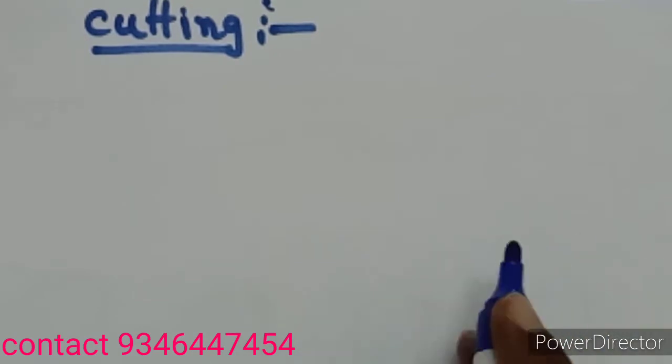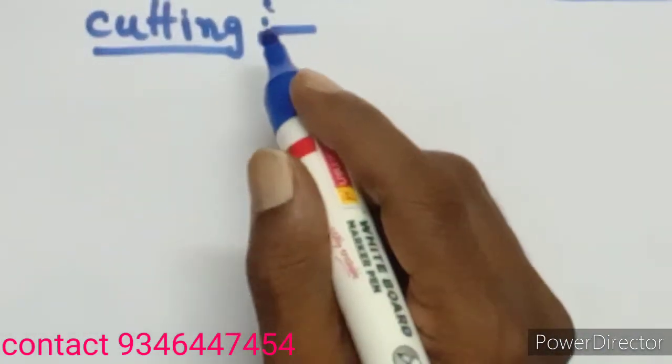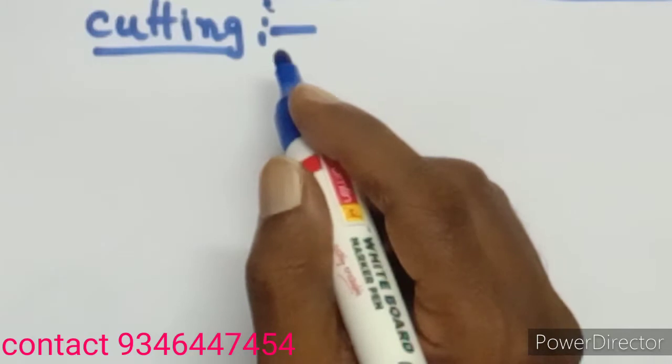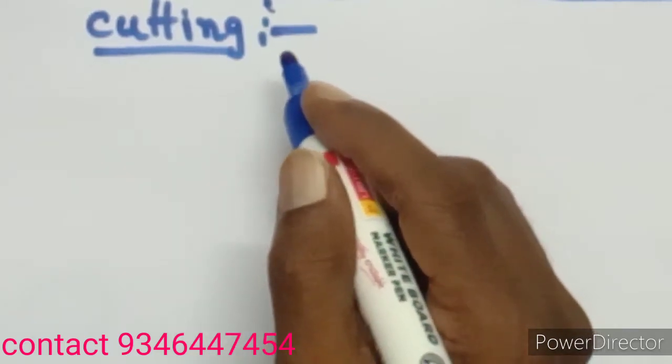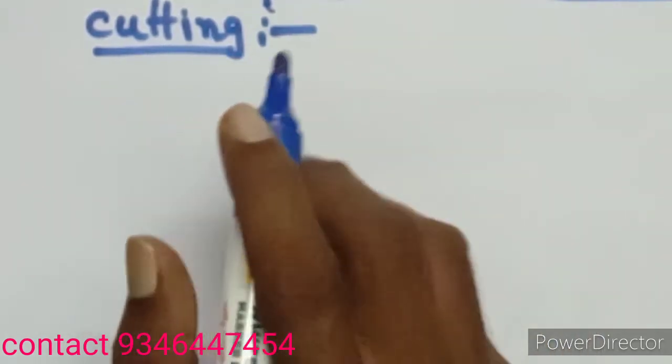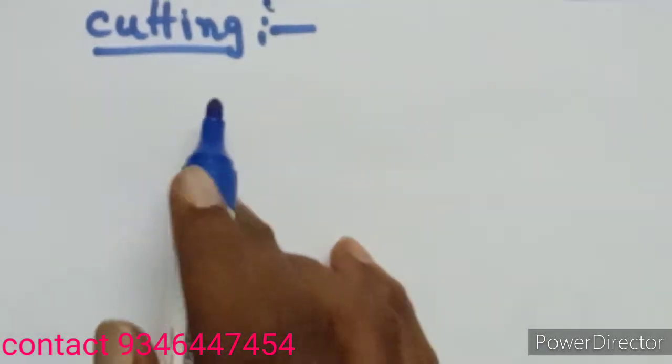First, the cutting method. In this method, a small plant branch is taken. That branch of the stem is made into small pieces. Then every piece is sown in the soil. Later water is supplied. Then the small piece which is sown in the soil may develop and form new leaves, flowers, etc. So this is called the cutting method.